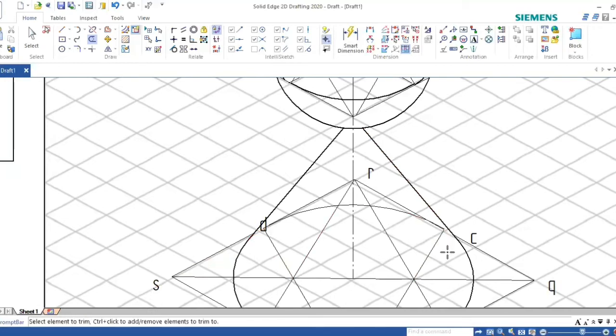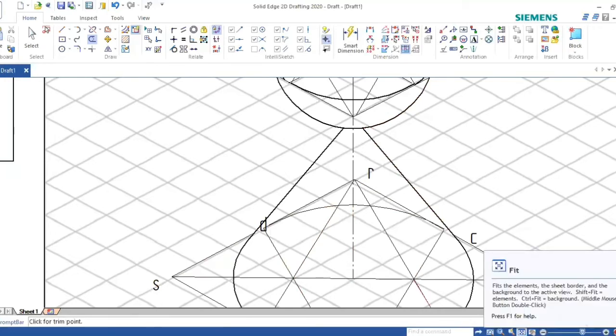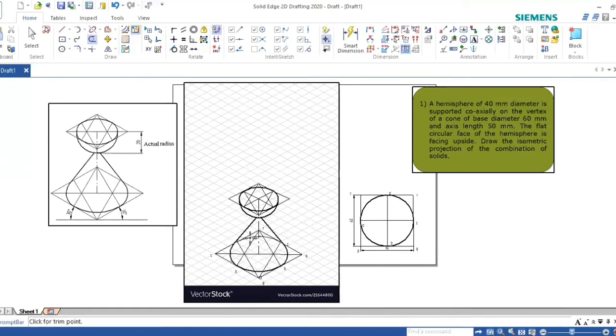Okay, this is how you are going to construct a cone with hemisphere. Above the cone, you are going to construct the hemisphere. This is what you similarly constructed using isosketch. In isosketch, the simple way: first you construct the base cone diameter, because you have to construct an ellipse. Construct for the 60 square. Inside that, we join this, you'll get intersection points. Take that radius, cut in half, take this radius, cut in half. From here, take this radius, cut in half. Then take this cut in half, you'll get the ellipse.